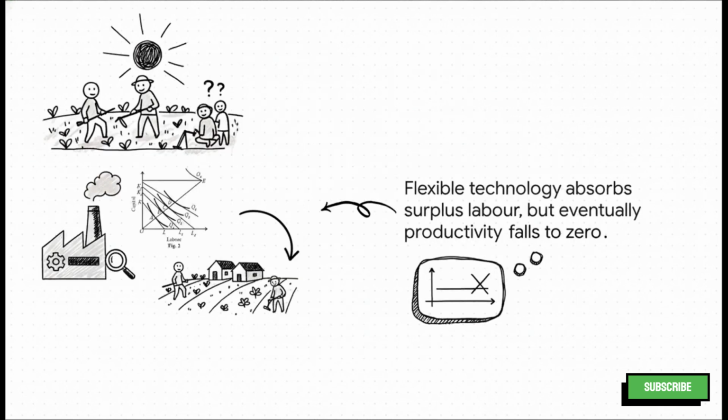So what happens to all these extra workers? Well, they flow back into the rural sector. See, here the technology's flexible. You can always find something for another person to do on a farm. But, and this is a big but, eventually you hit a wall. You get to a point where adding more people doesn't actually produce any more food. The same amount of work is just being split among more and more people. It looks like everyone is busy, but they're not really adding any value. And that's a phenomenon we call disguised unemployment.